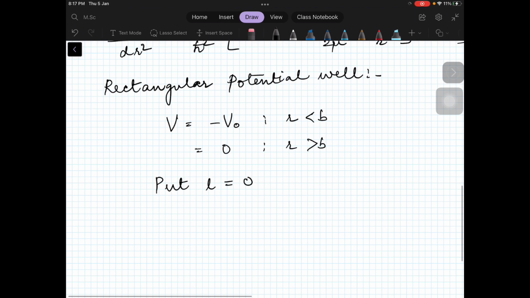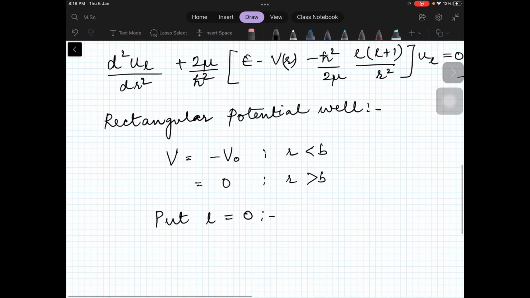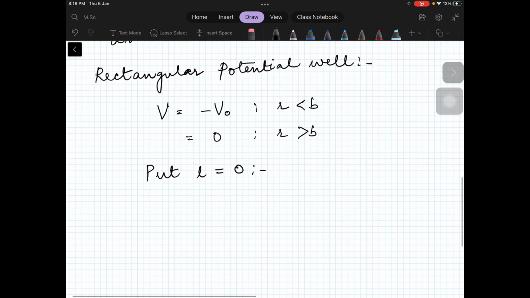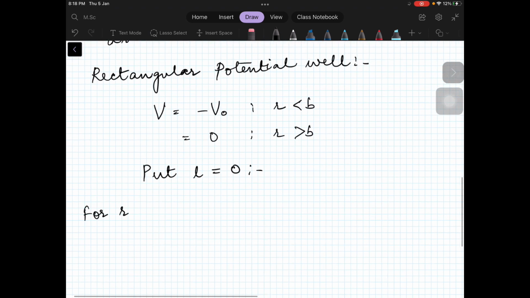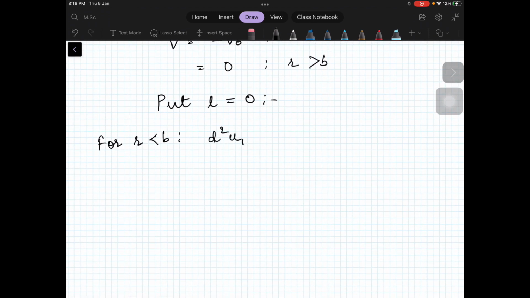Why do we use l equal to 0? Because for values higher than l equal to 0, it does not remain a ground state at all. So we'll discuss that in the later part of the discussion. Let us use these two values of the potential and write two equations corresponding to equation 4. For r less than b, we have d squared u_in over dr squared plus 2 mu over h cut squared (E plus V naught) u_in is equal